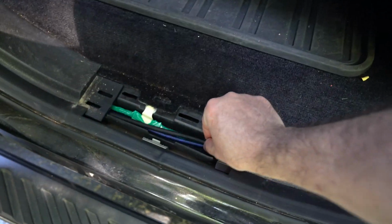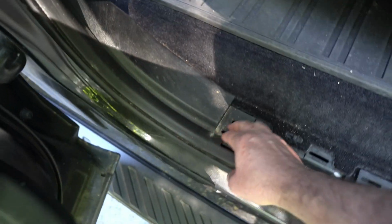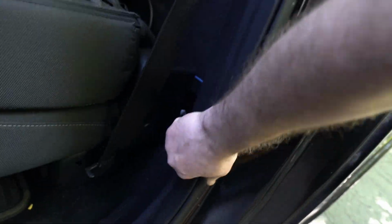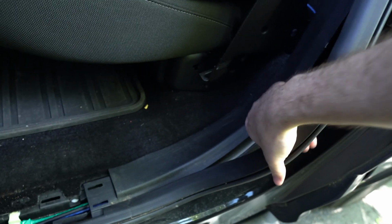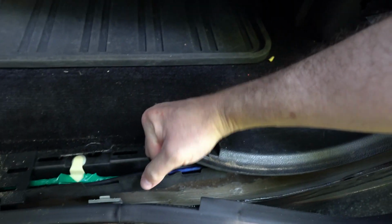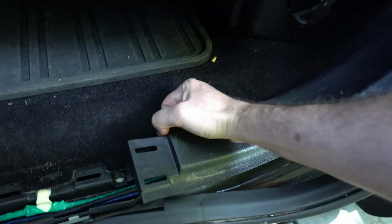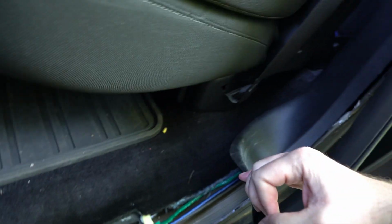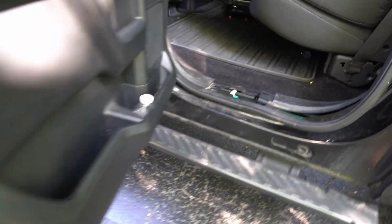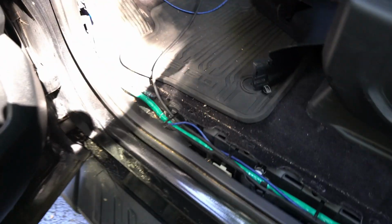Pretty simple to pull that up. You can see I have the wires running through here. If you want to open this up a little bit, you can pull up the weather stripping. I'll actually pull it off up here, because this will be easier if I unclip this just a little bit to get things through here, because I will be running speaker wire today as well. So from the amp, speaker wire back up through here,